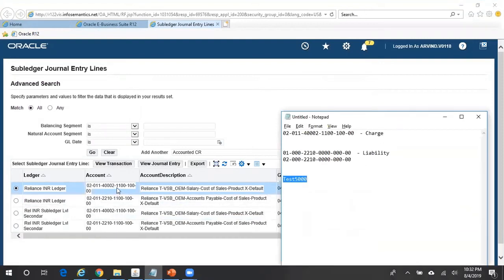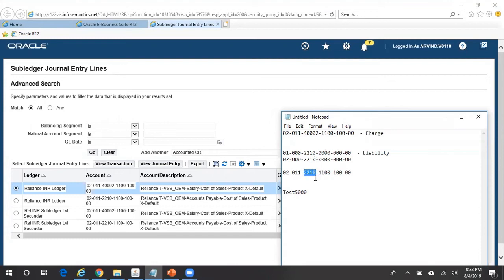So here again there will not be any change in the charge account, but as far as the liability account is concerned, now the default liability account whatever system has generated is 02-011-2210-1100-100. So what it has done in this case is it has just retained the natural account